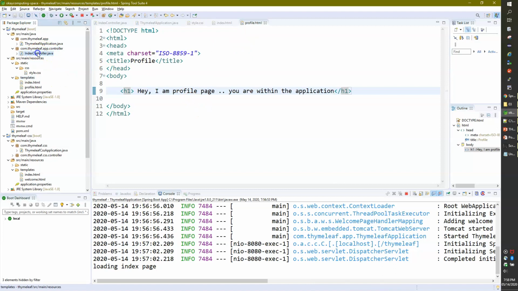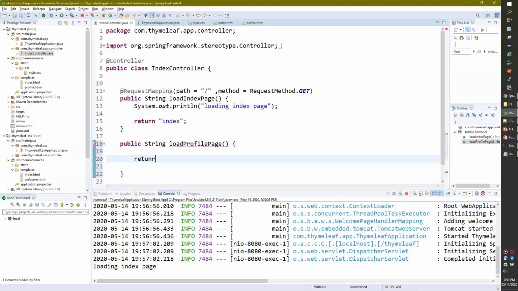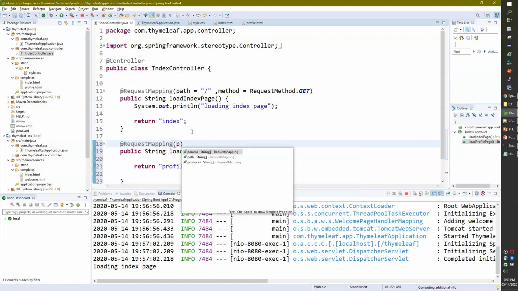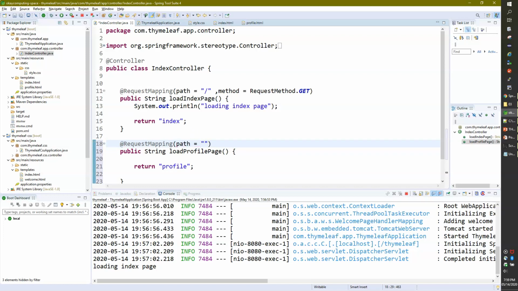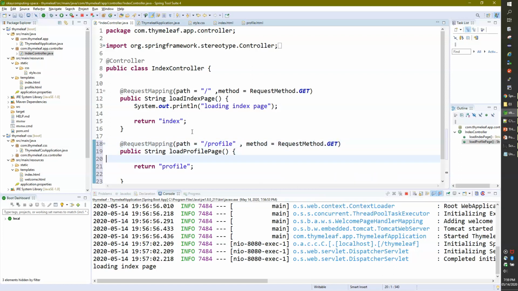Now let me just go and make some change in the controller. I'll write here public String loadProfilePage, and return, I'll simply give the view name, which is profile, and I'll write here RequestMapping, and inside path I'll put /profile, comma, method equals RequestMethod.GET.